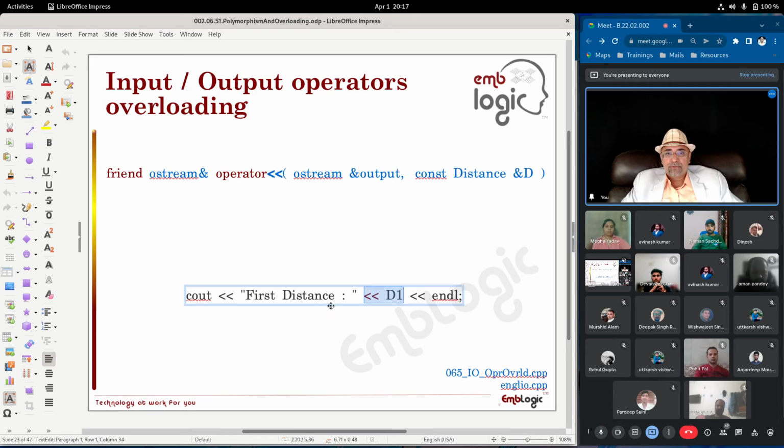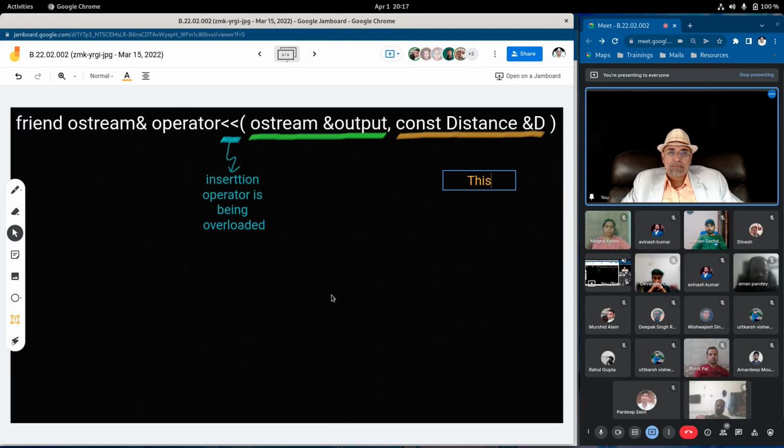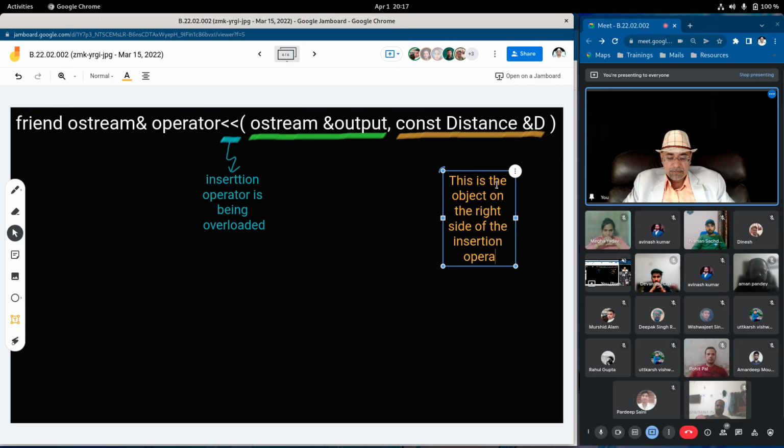So let's take this statement. This is the object on the right side of the insertion operator. Okay?